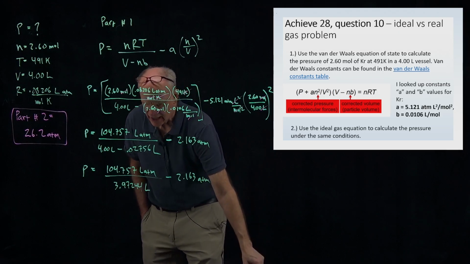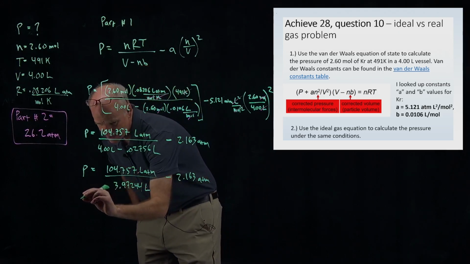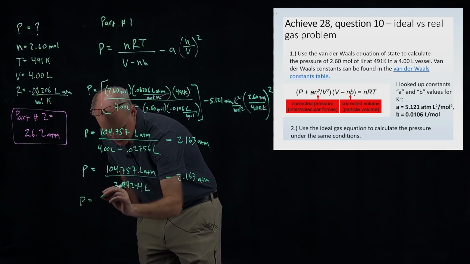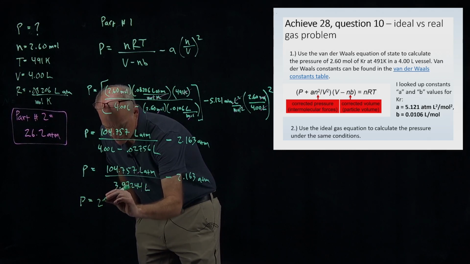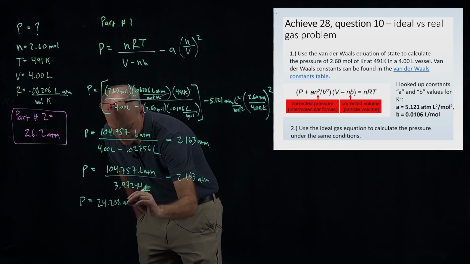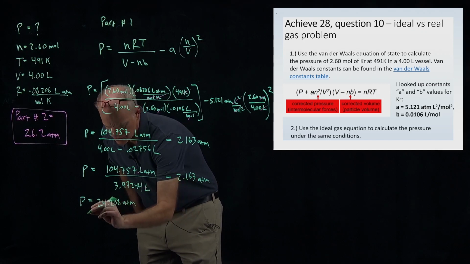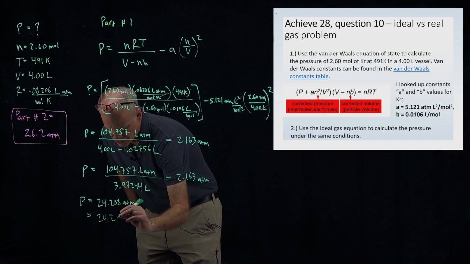And you can see that here liters cancels out. So the pressure I got in the end when you do that math is 24.208 atmospheres. And I think they want that rounded to 3 sig figs, so it's probably 24.2